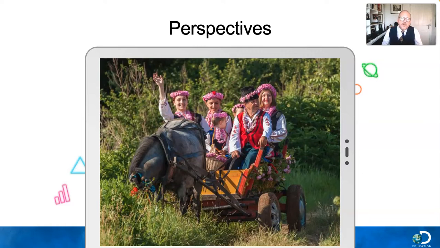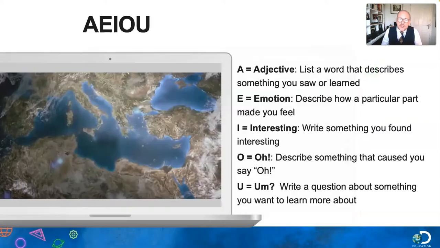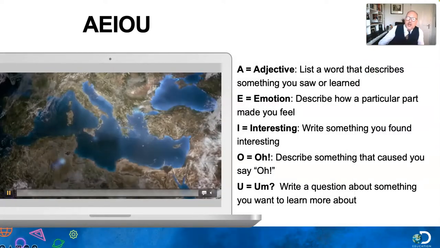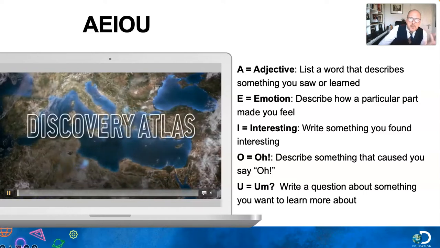There are, of course, lots of other ways that we could use digital images in literacy sessions, and some of the ideas that we're going to cover as we go through this presentation could easily be used with images as well. But for now, we're going to move to some strategies that explore the use of video within a literacy classroom. So the first one we're going to look at is called AEIOU, which is actually just a simple acronym